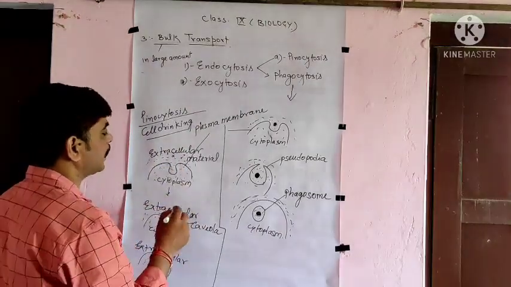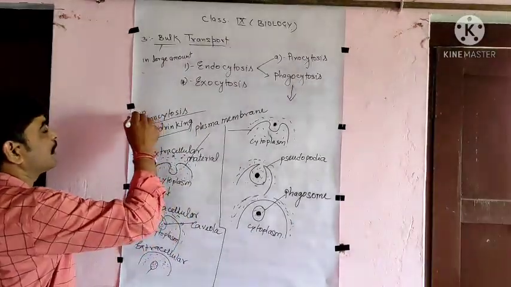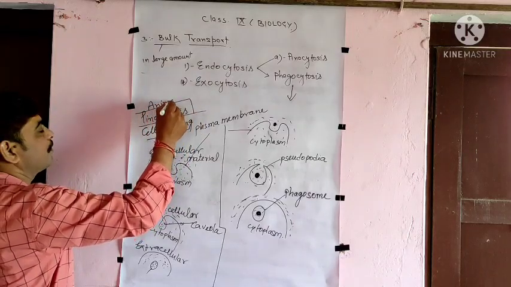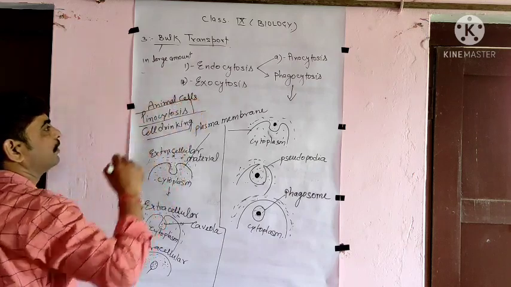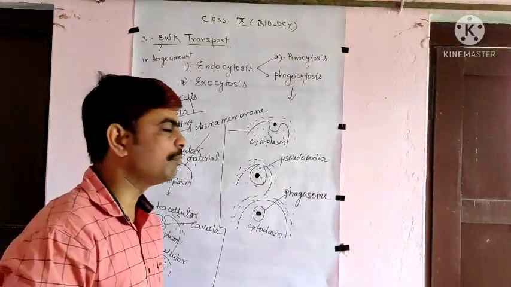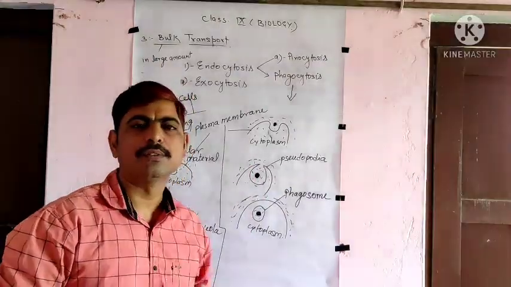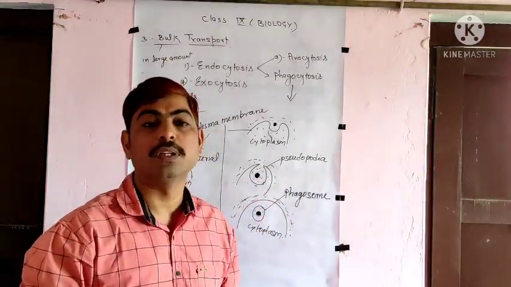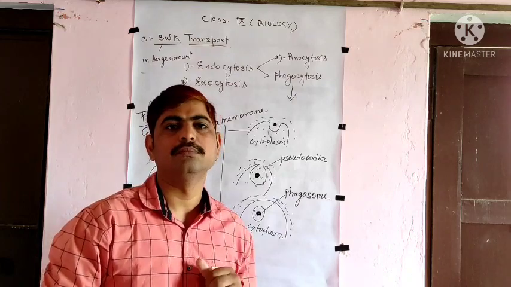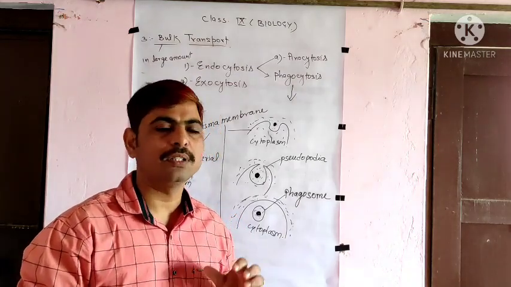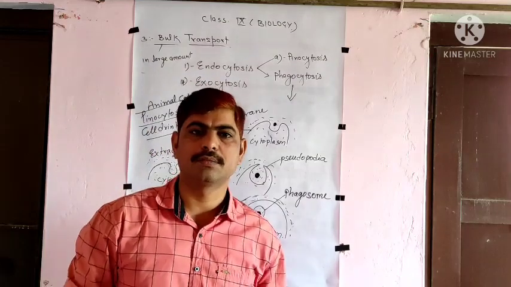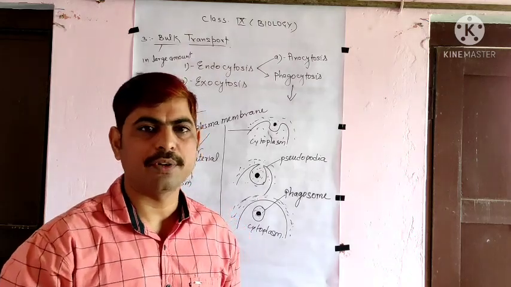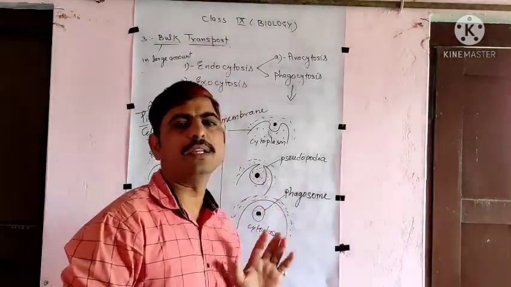This is only taking place in plant cell. This pinocytosis is the property of animal cell only. This happens in animal cells only, while this happens in both. Other examples are also like the sponges also take their food in this way. WBC in our body, white blood cells, kill the uninvited germs like the viruses, bacteria, which are harmful for our body. They are also killed this way.